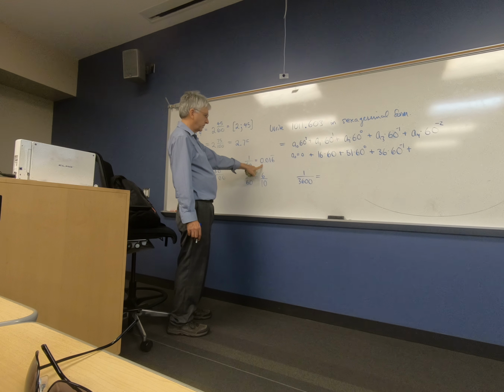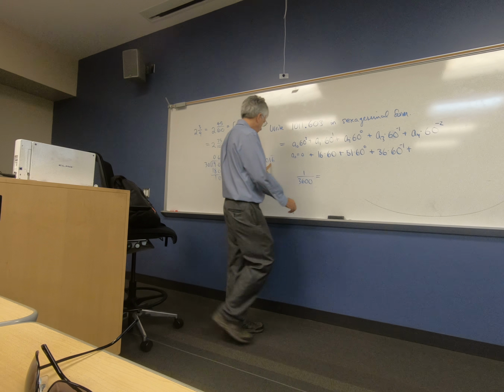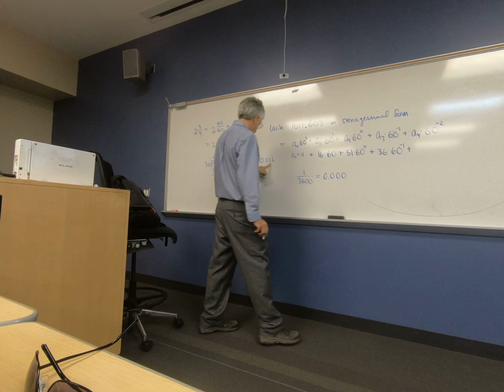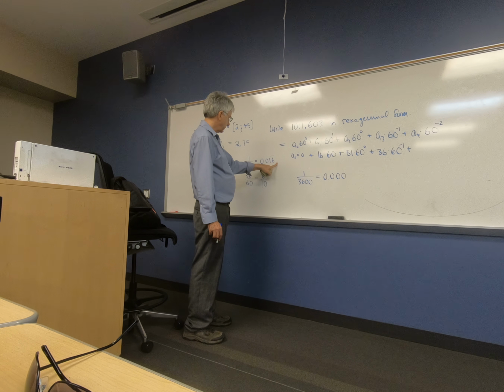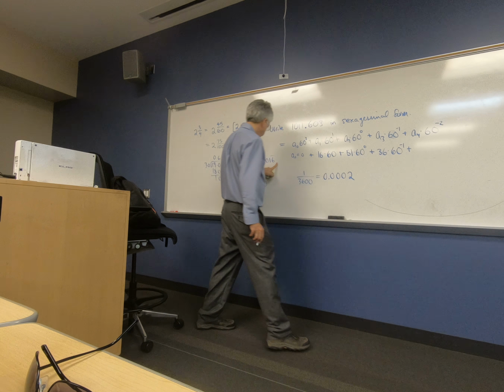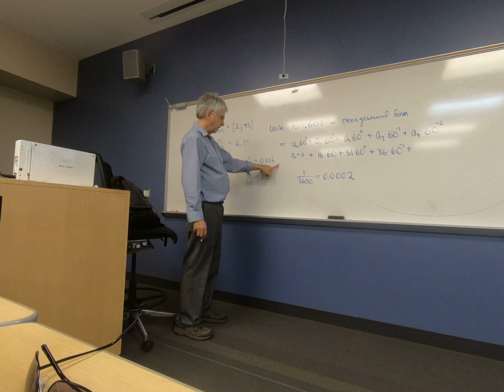So how many times does 60 go into this number? 3 is too big, so 2. If you 12, so you're going to have 4 and 6 repeating. So then